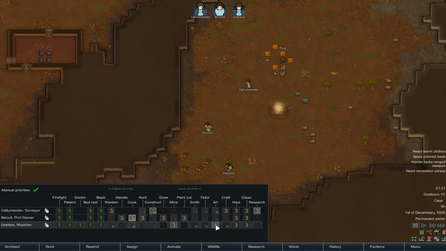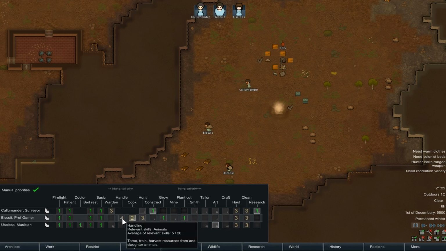Smithing, tailoring, art, and craft. I'm not going to be needed at the moment because we're not really doing any of that sort of stuff. And nor is research. And yes, I feel like all this could be good. I want Useless to do some mining. Biscuit, you can probably prioritize growing some crops. Do cooking in a second. Or maybe do that before...